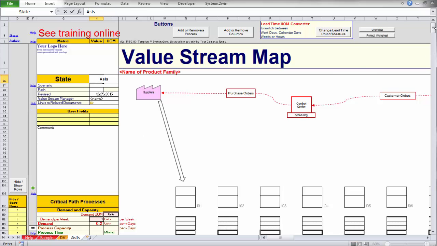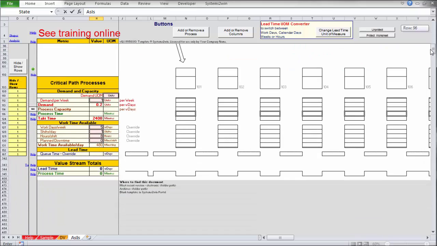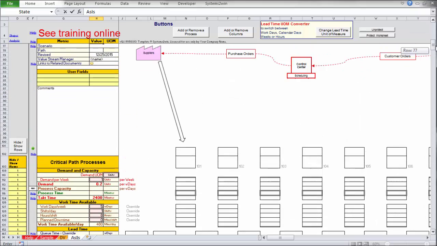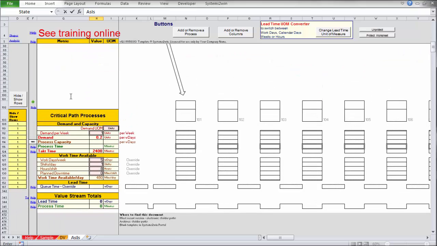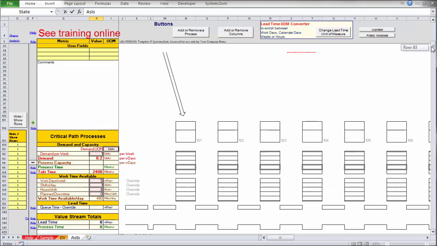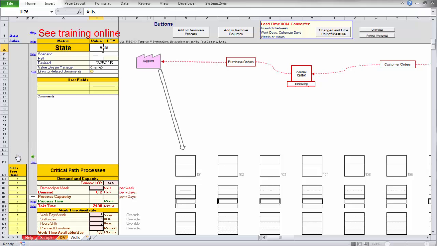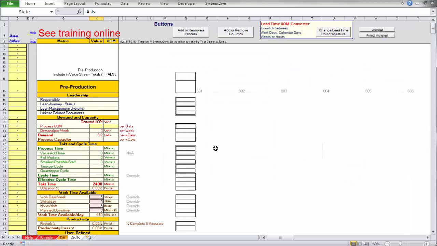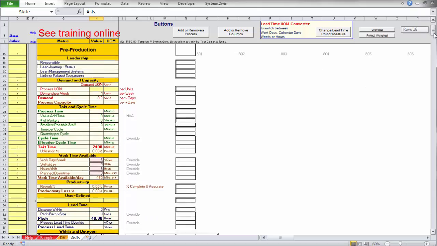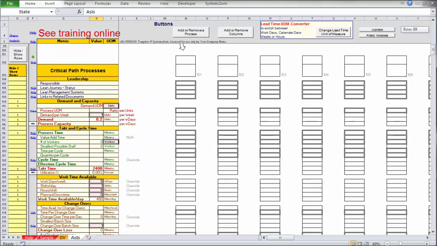So this is where you would define. Notice that on the template sheet, there's very few things showing. We started out real simple, and there's only a few codes that have a 1. There are none of those other fancy codes. This is your sheet. So when you click it and you say, hey, I want to show all rows, you notice there's only 1s in there. So you would put in your own codes as to what you feel you want to see.